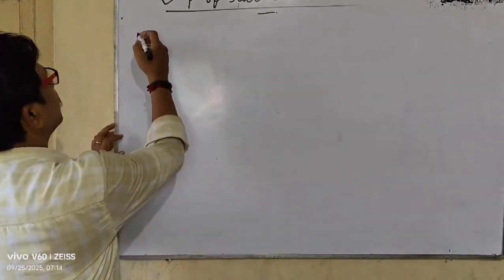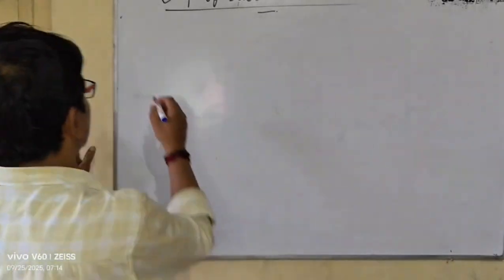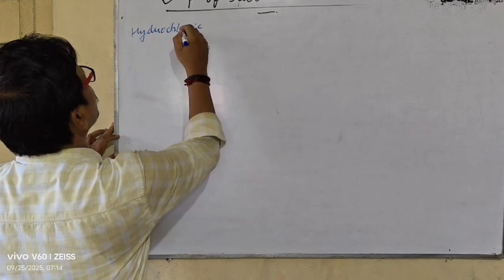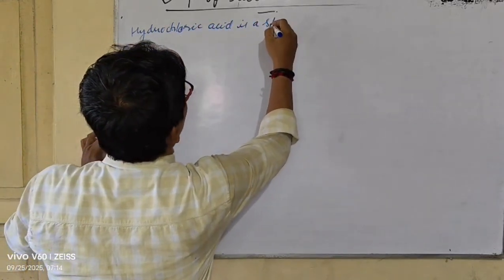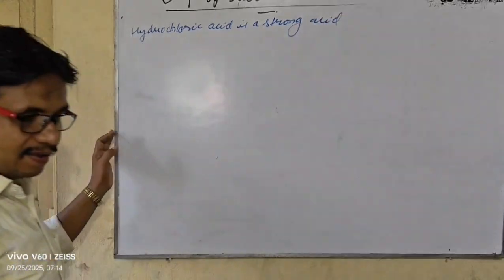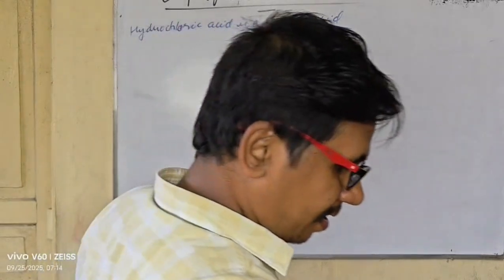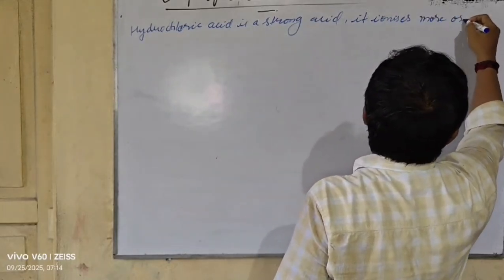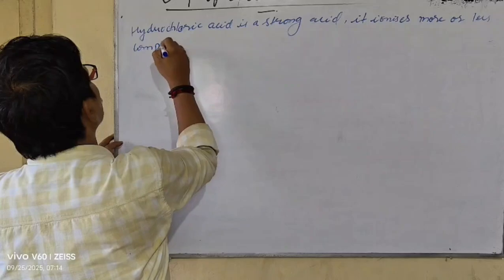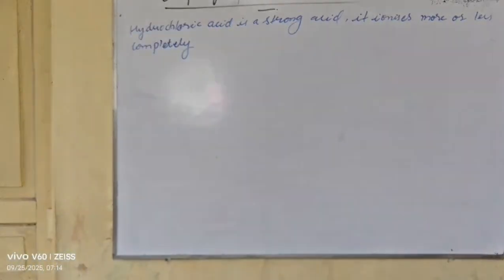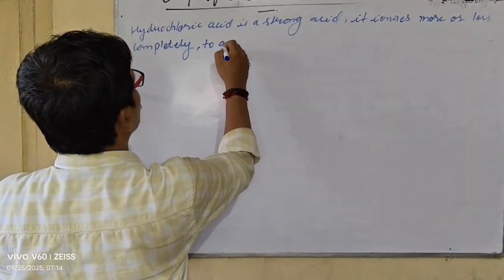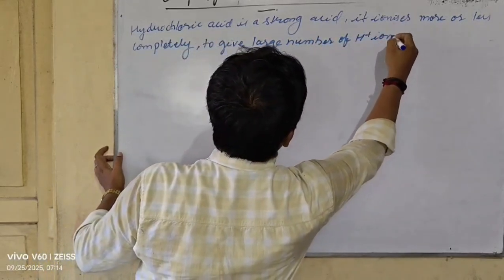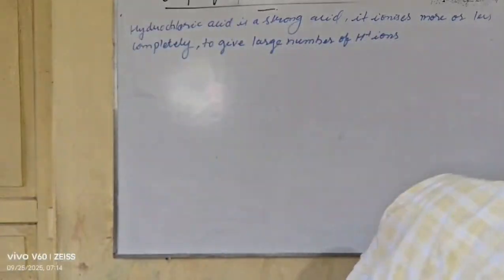Hydrochloric acid is a strong acid. It ionizes more or less completely to give a large number of H plus ions, whereas ammonium hydroxide